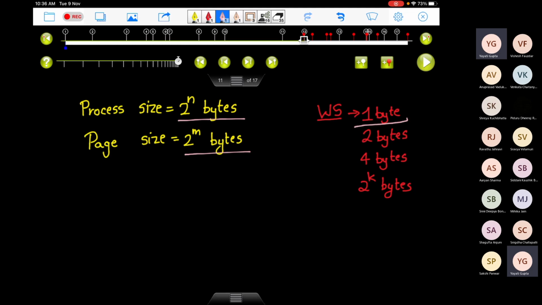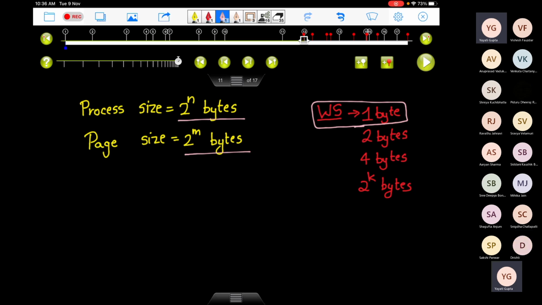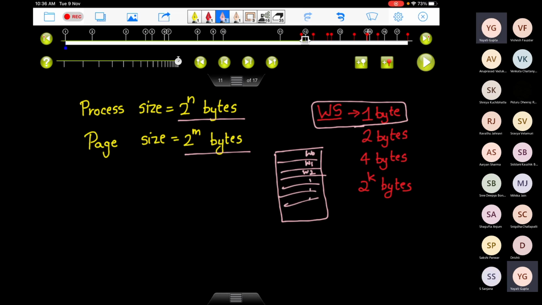So when you say that word size is 1 byte, each word can contain 1 byte. This is the simplest case. You always look at your memory like a contiguous array of words: word 0, word 1, word 2, and so on. And this determines how many locations there will be in the memory.